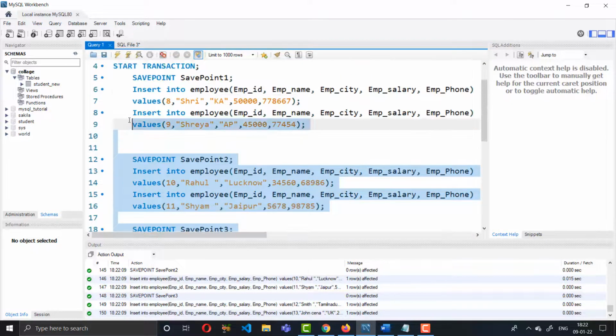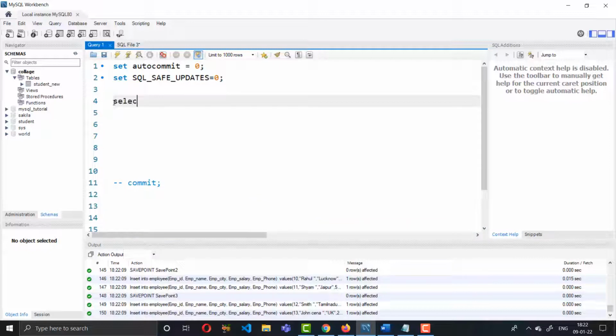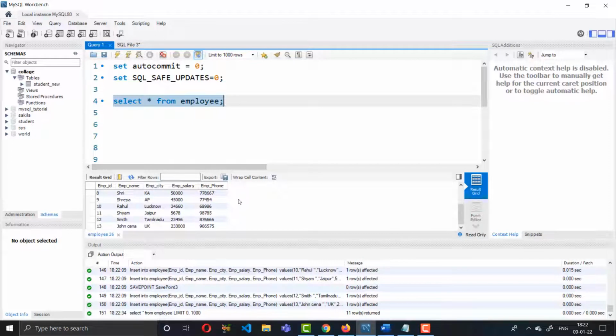So let's verify here. Select star from employee, select that area and run. If you see, initially we had up to id 7, after that we have id 8, 9, 10, 11, 12 and 13. So these six rows have been inserted.